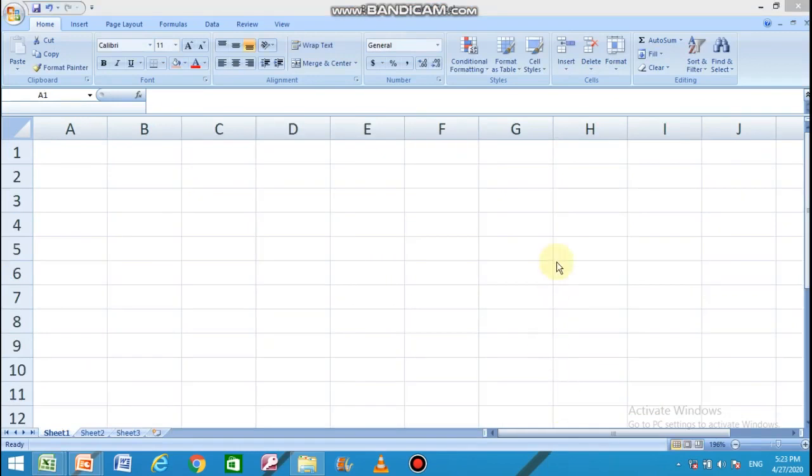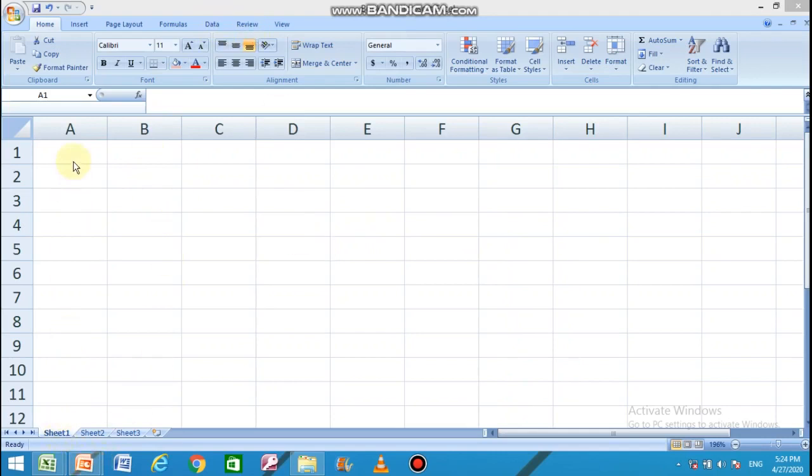Students, let us understand the cell referencing of other sheets, meaning using data from different sheets for calculation. Let's see how it is done.